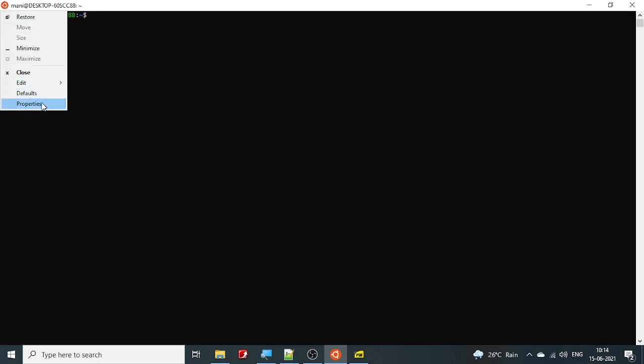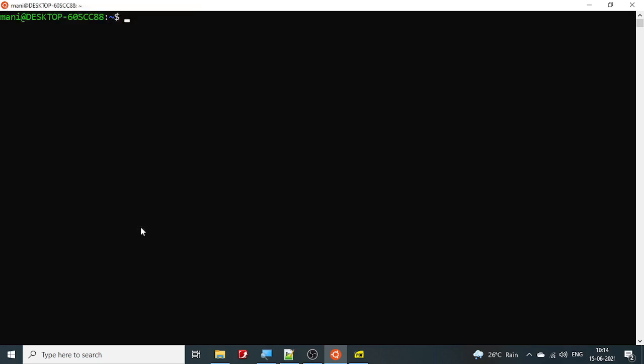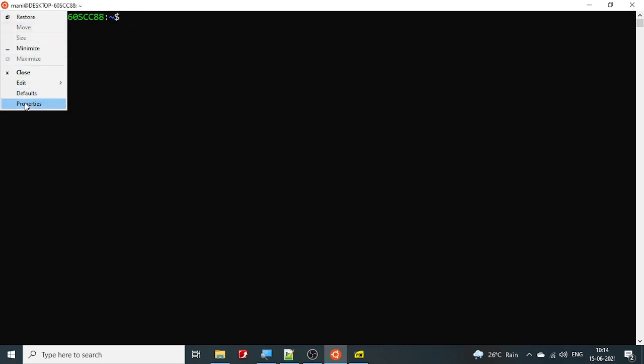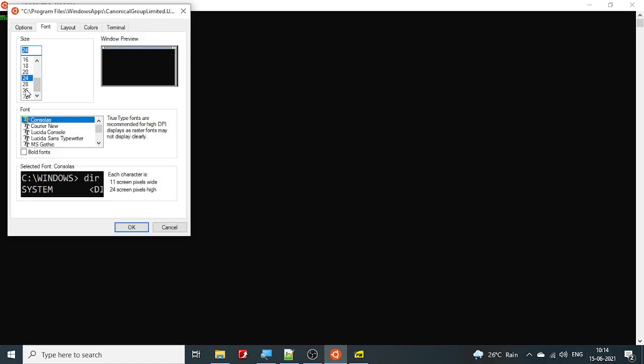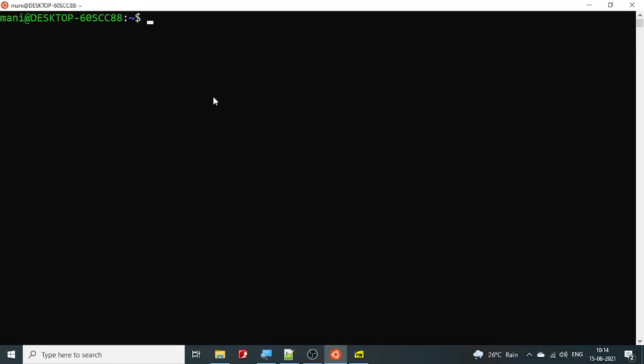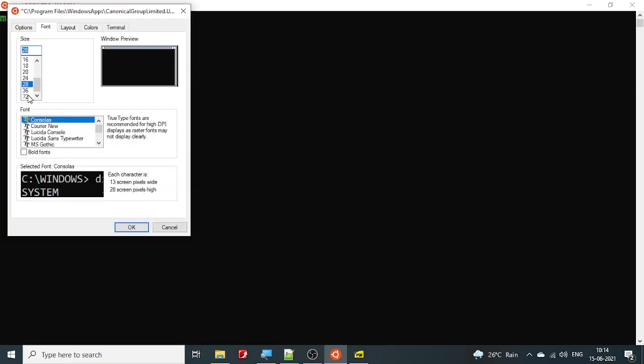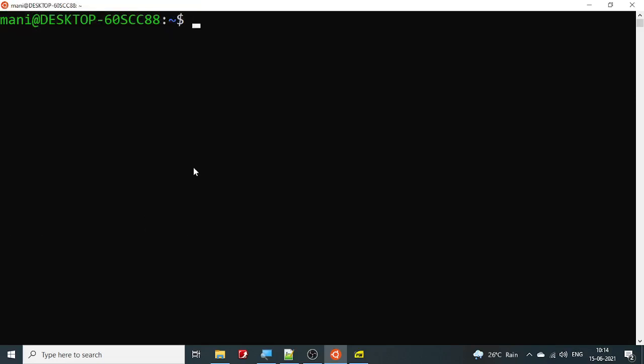What I did here is I went to the properties and I went to the font, and I actually made the font as something like 24. Okay, and that's not working. So I will make the font as 28. You're going to see that thing. Let me make it as 32 now. Making it very large, maybe it will be too much of a distraction. Hope you'll be able to see it on your monitor.